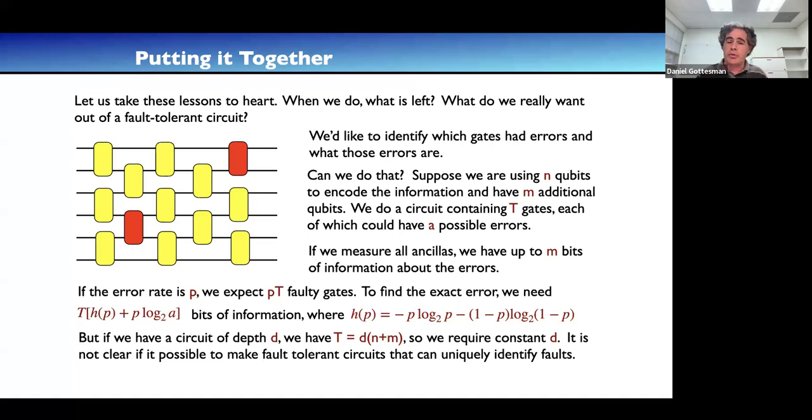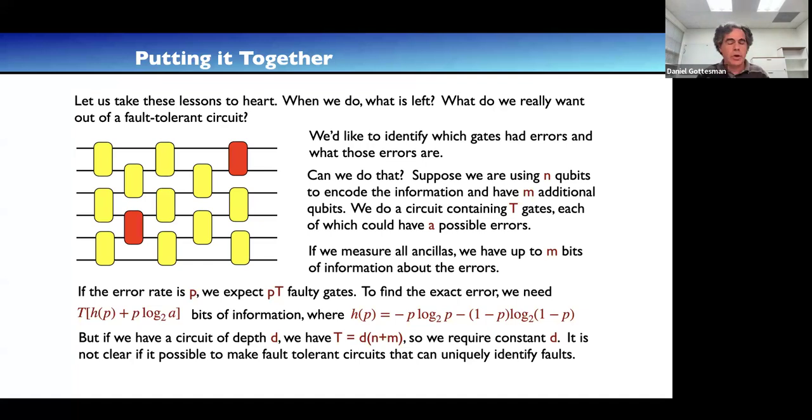But if we can have a fault-tolerant circuit where everything is constant time, then at least in principle, it should be possible to uniquely identify the gate that occurred and what kind of error occurred. Now, there's some complications there. You can't ever distinguish between an error that occurred before the gate and an error that occurred after the gate if the two are related by error propagation. You don't really need to. So, uniquely identifying the errors is maybe asking too much. But this idea of basically identifying which gate the error occurred in is something that we cannot do with existing fault-tolerant protocols. But it seems like it might be possible in principle.